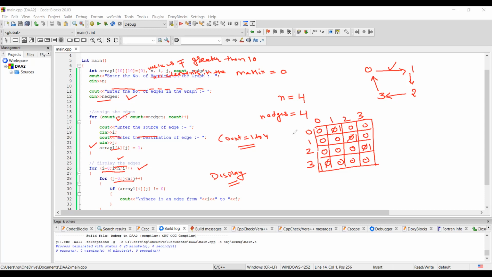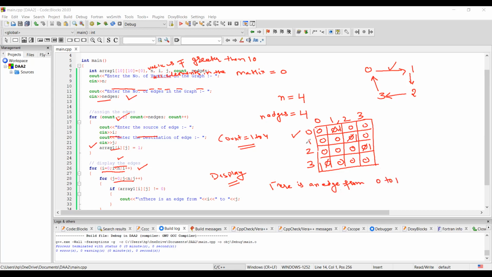So first, for the first row it will check all the entries. It finds that this one is 1. So what will be the output? The output will be: there is an edge from the row number 0 to the column number 1. Similarly, for the second row it checks all elements, only this one is 1.